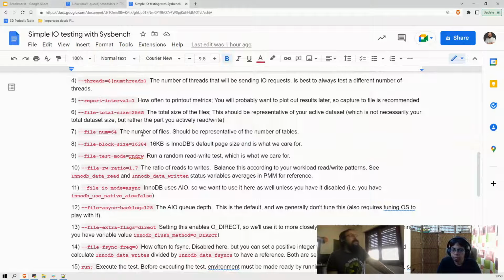Number of files. Again, this was similar to the number of tables they have. Then block size. This reflects the InnoDB default page size. We're going to do random. RND is random, and RW is read-write. So we're going to be doing random read-writes, which is what you really want to test with a database, mostly,